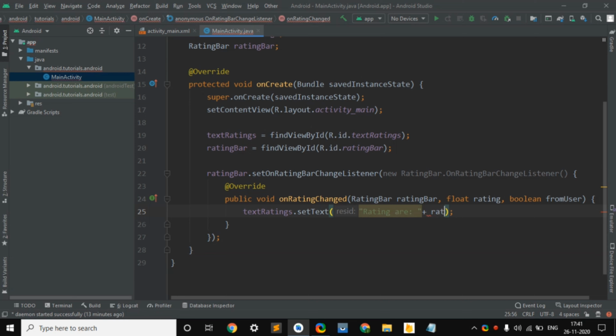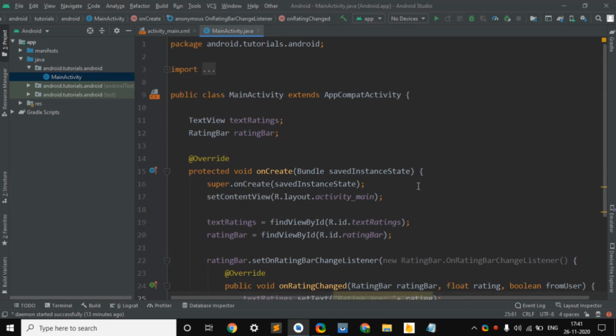So by this you will generate a ratings bar in Android Studio in our main layout.